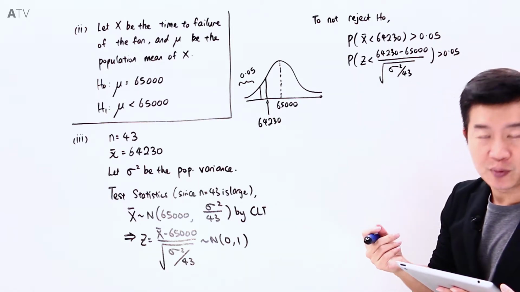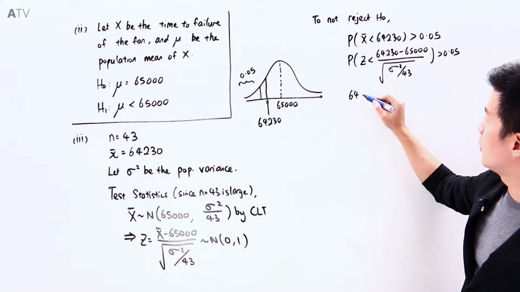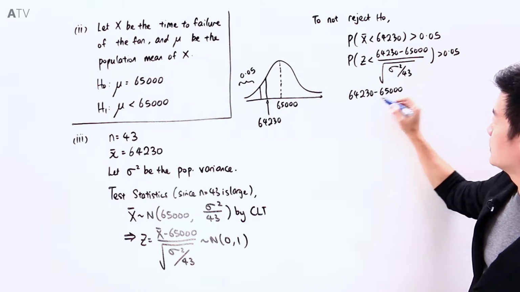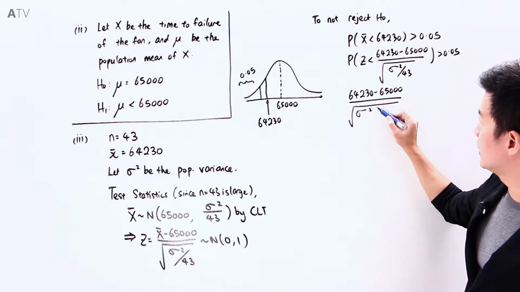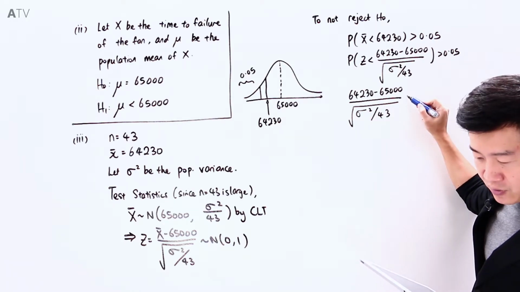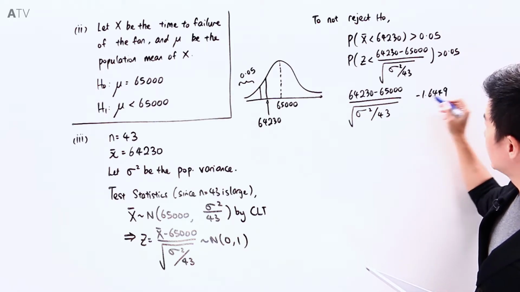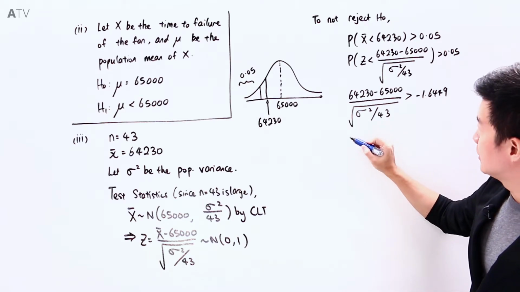So if I were to press into my calculator for inverse norm to find this, 64230 minus 65000 divided by the square root of sigma square divided by 43. From my calculator, this is negative 1.6449, and the inequality sign here is going to be bigger than, which means that